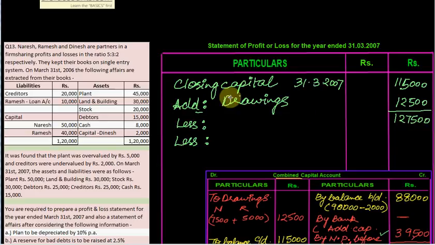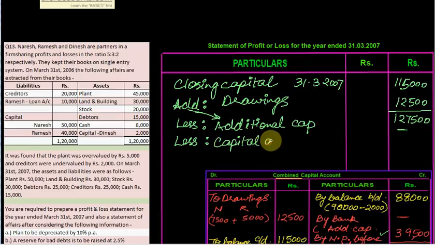127,500. Then less what? पूरा add उठा के नीचे लाओ, add से बनाओ additional capital. Additional capital is not given, so just put a dash. No additional capital mentioned in question, and less opening capital or capital as on 31/3/2006. So 31/3/2006 capital you have to write here. The combined capital or the opening capital that we found out 90,000 था, minus 2,000 एक पार्टनर का डेबिट बैलेंस आ रहा था. So 90,000 minus 2,000 is 88,000,